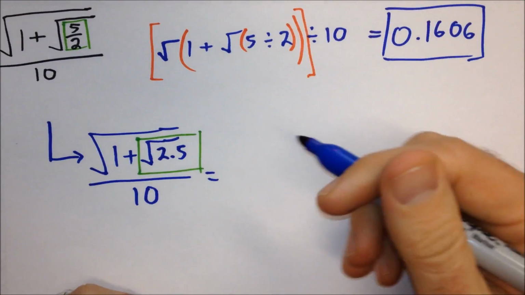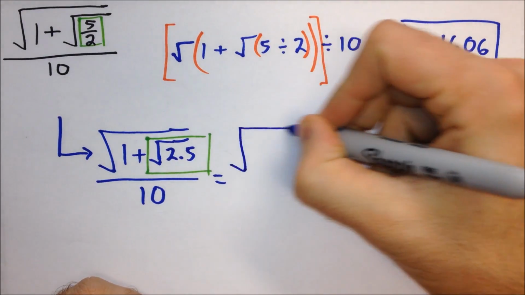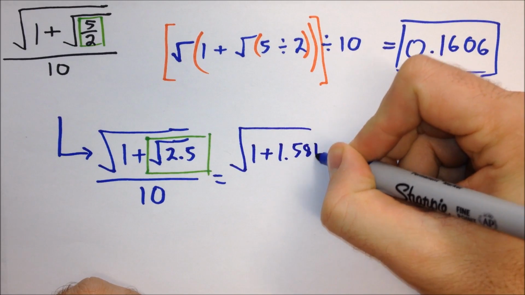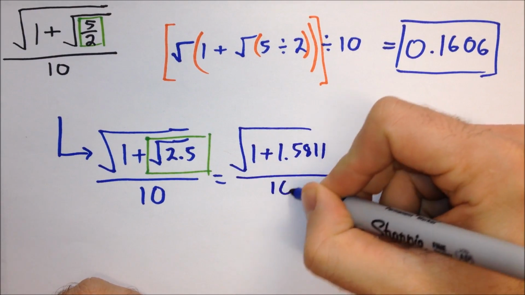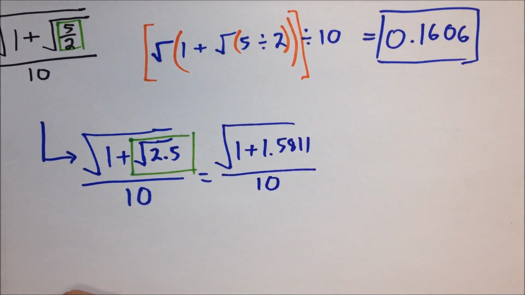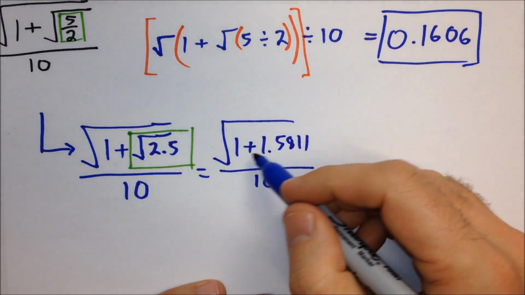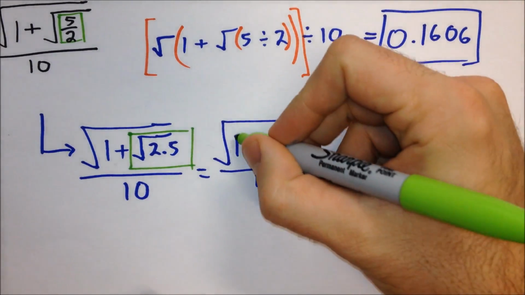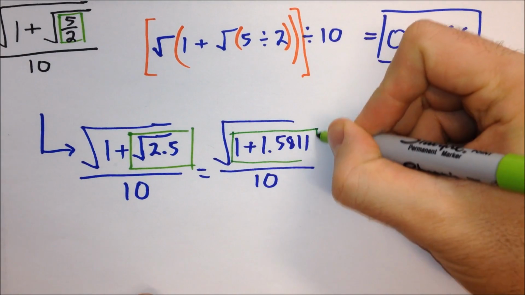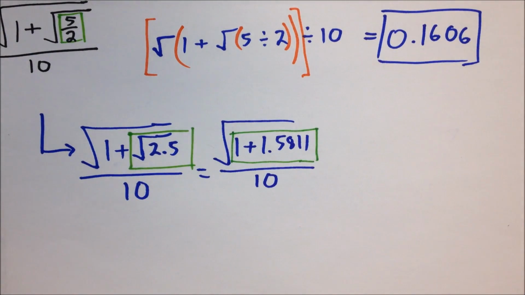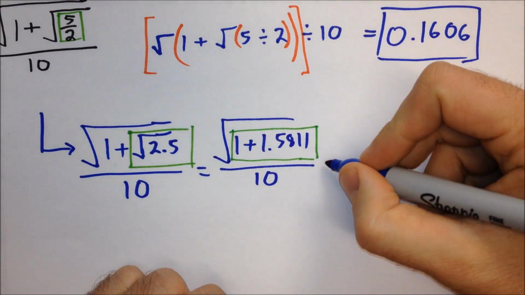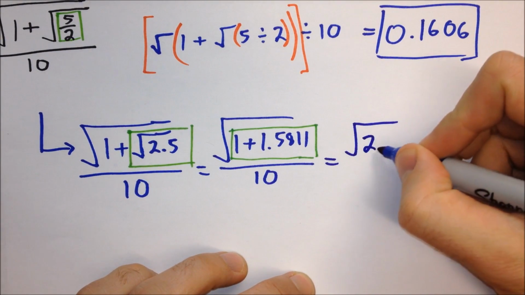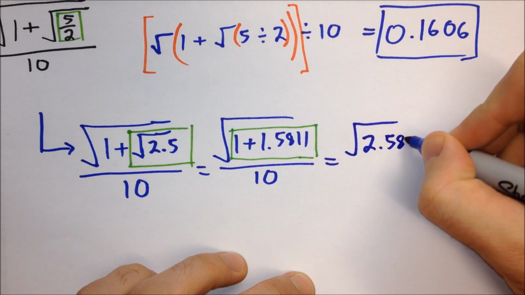So the next thing I will write down is square root of 1 plus 1.5811, all divided by 10. The next thing I might do is now add. As I'm looking, I see that my next operation to occur is right here, this 1 plus 1.5811, and that will give me square root of 2.5811